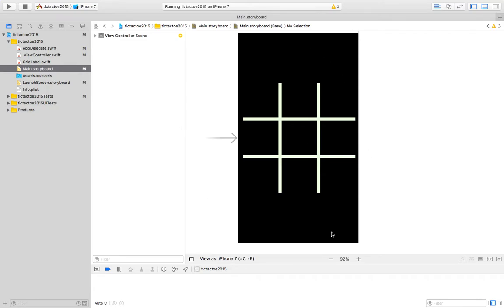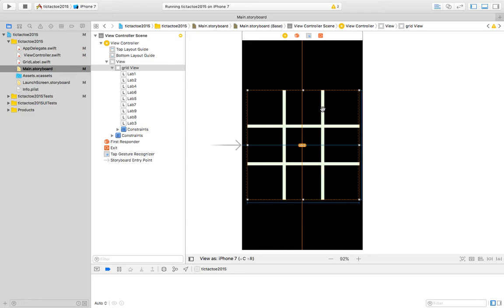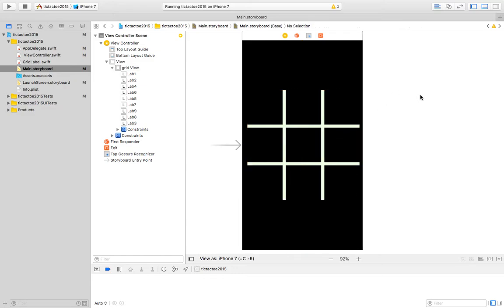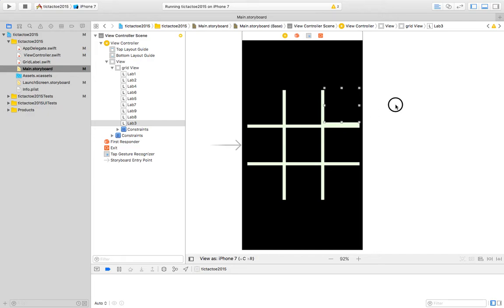On my storyboard, I just have one view controller, and this view controller contains another view, which is that white grid. It gives the illusion of a grid, but really it's just a big white square, and these labels are sitting on top of it. So I've got 9 labels for each of the spots on the grid, and that's what creates that grid illusion in storyboard. So we'll go now to my view controller